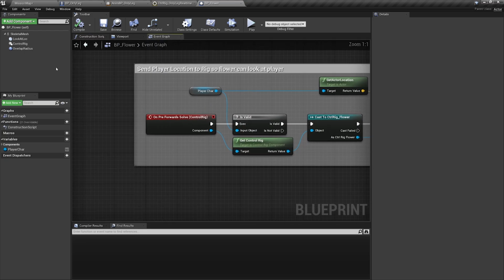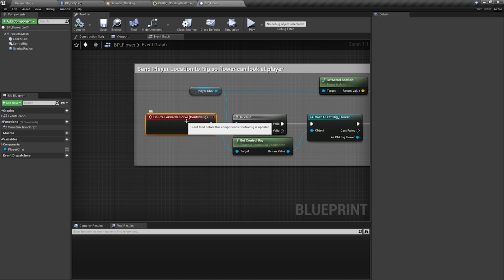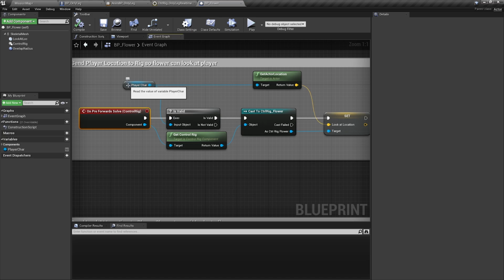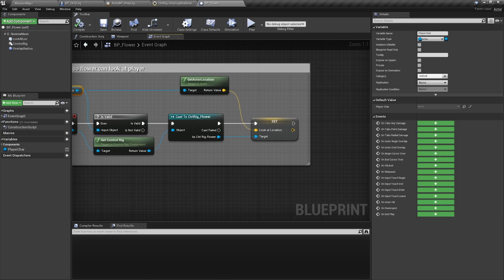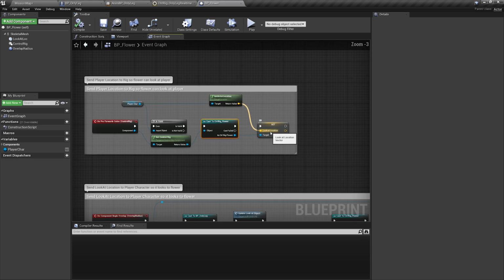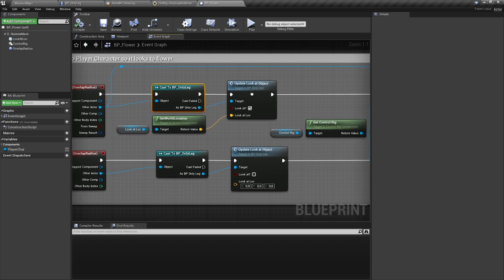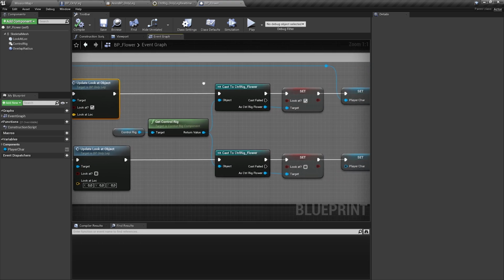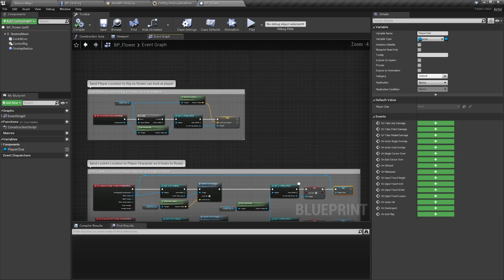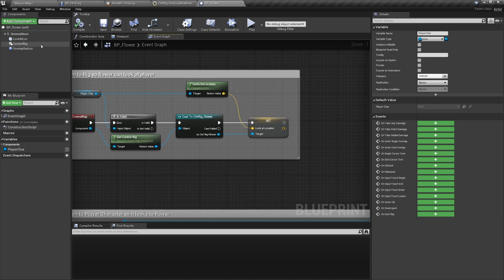But this is important. And then control rig comes with new events like the pre-forward solve that feeds data into control rig before the rig is evaluated per tick. And then I'm using this if a player character is set here. I'm taking his location because he's moving all the time, and then I feed that into the rig itself. And on the overlap, the flower is telling the character where it is, but I'm also setting the look at and setting the player character, which I then use on this event to update the location.